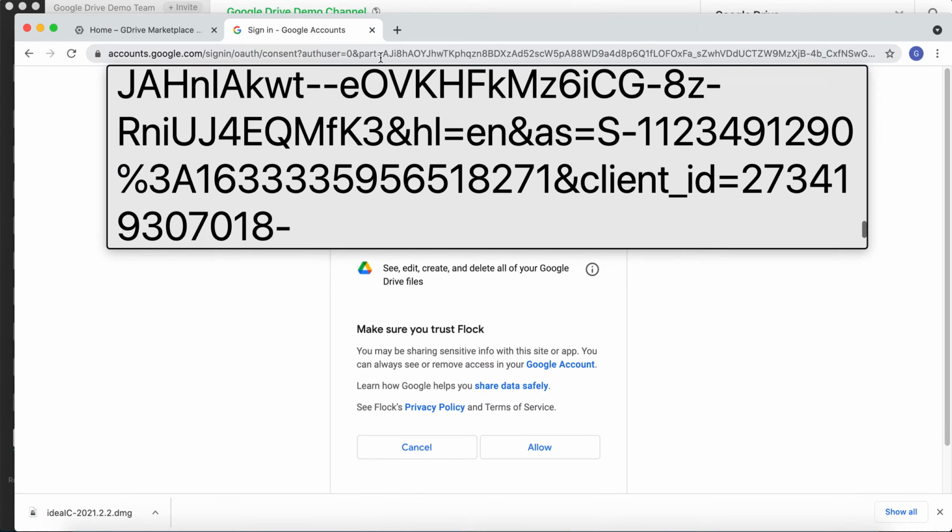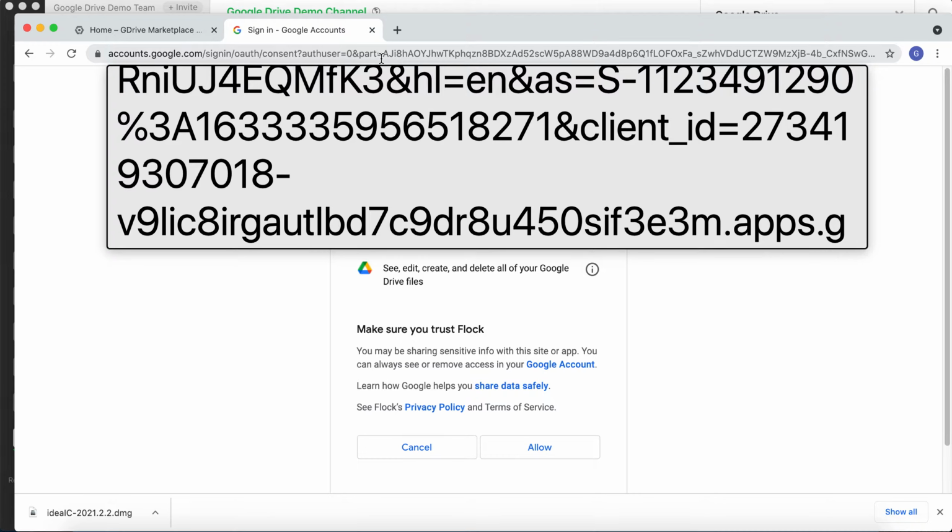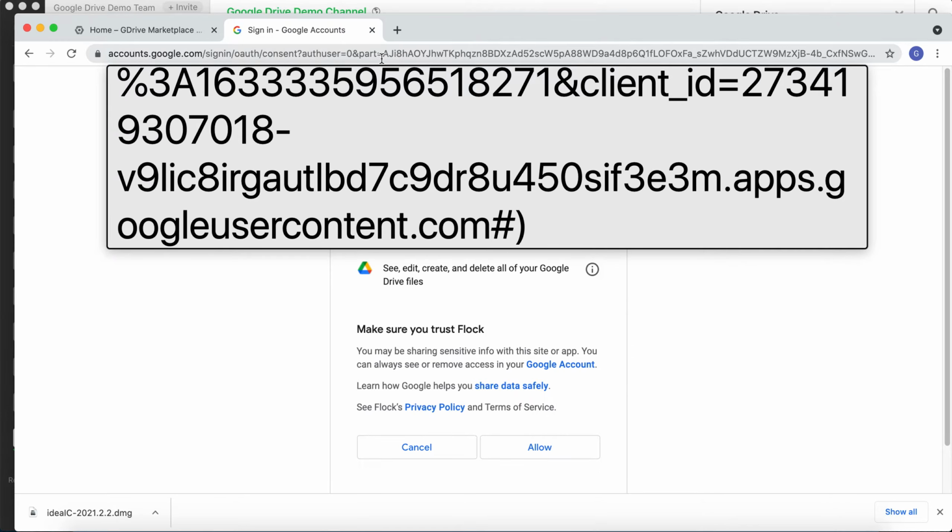Here we are seeing that there is a client ID. As you can see, this is the client ID, and this is the complete URL.